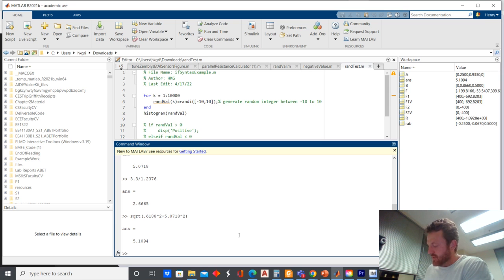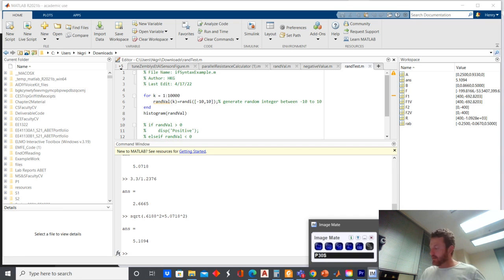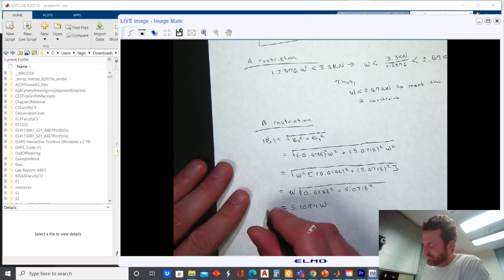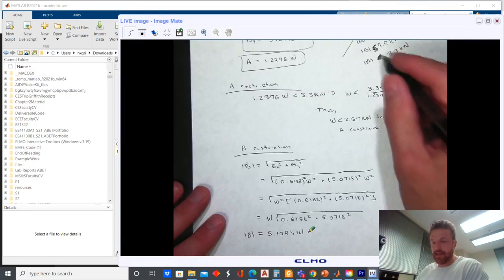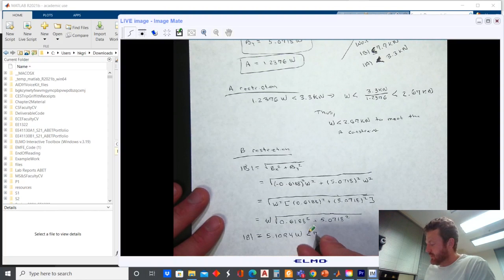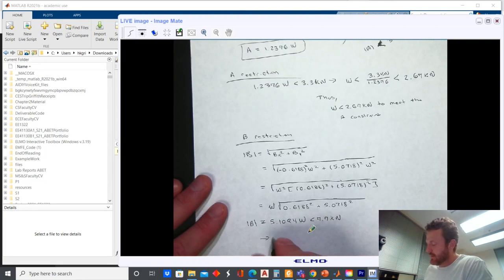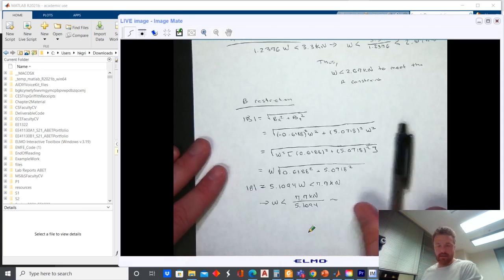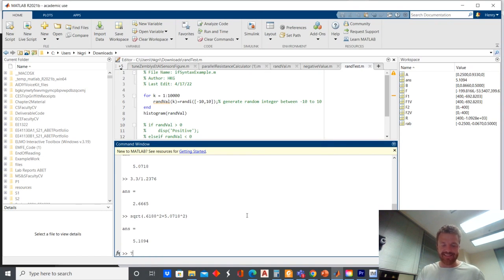So that is this restriction on B that we actually have, which we're just calling mag B. So in order for that to be less than 7.7 kilonewtons, what that implies is that W must be less than 7.7 kilonewtons divided by 5.1094, which is going to be almost there. Sorry, this is a long one. I'm sure if you worked it and got it right yourself, you're like, man, I wish it would go quicker. But if you didn't know how to set the problem up, I wanted to make sure I showed you enough to make it meaningful. So the restriction on B is going to mean that W has to be less than